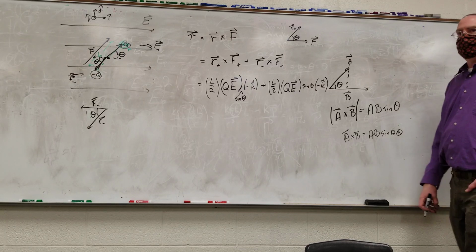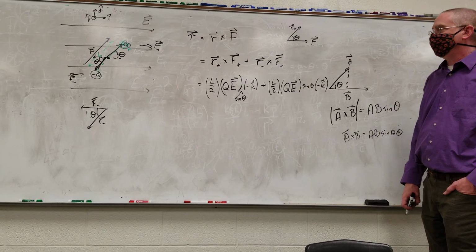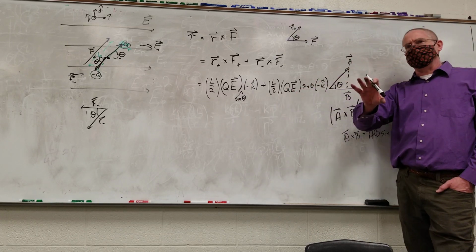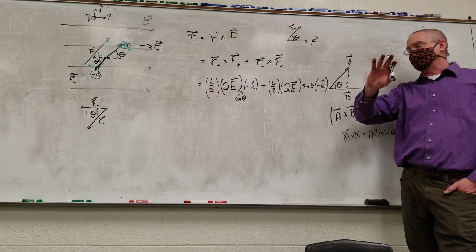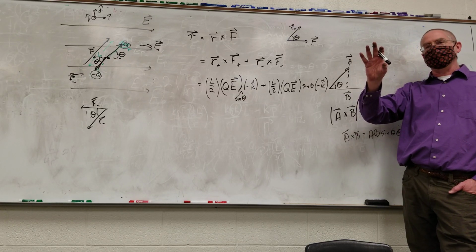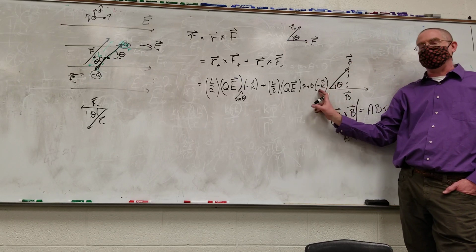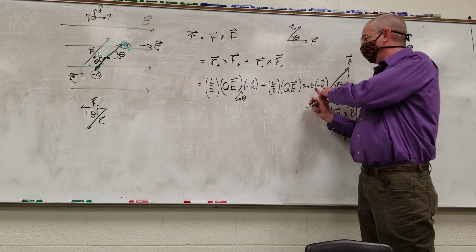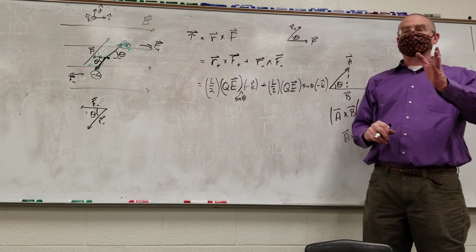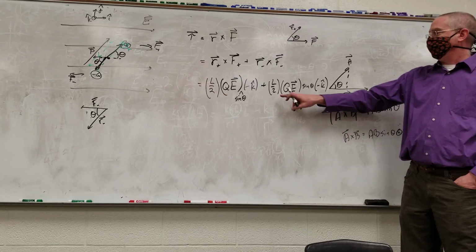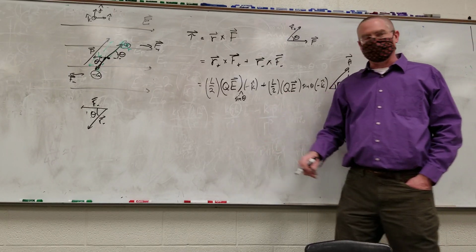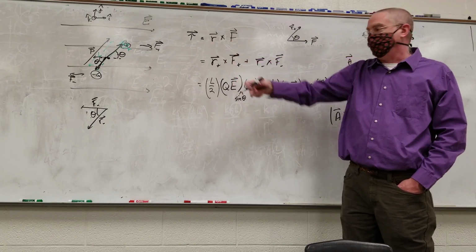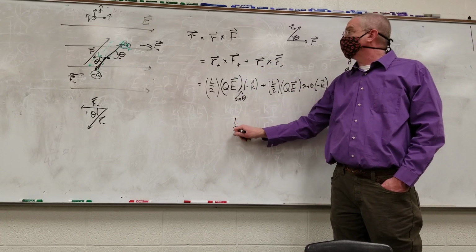Would it be negative L over 2, because the R is going in the opposite direction? The two ways of dealing with direction, especially in the second semester course, is to think through the direction and then put it on there. That's what I did here. I know that the direction of the torque is going to be into the board, and so I accounted for the negative sign at that point. We could have done it differently, in which case we would have had a negative here, just an alternate way of doing that. Our R negative is going down like that, so that would be L over 2,